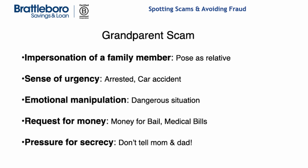So that's the scary thing. If you, as a grandparent, have a Facebook page and you're linked to family members who maybe have short videos, they could pick up a voice pattern from one of your family members and call you as that person. So even if you think you recognize the voice,